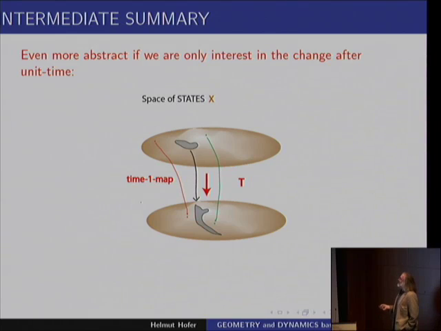Namely, you could think of a space of states and a transformation which is something like an input-output machine. You give the state of now as an input, and this machine produces an output, which is a state in 24 hours, or in one time unit. If you plug in this state, let's say you end up here, or if you plug a whole set of states into this machine, you get a new set of states, which would be the states in one time unit. Yeah? So we could think about this.